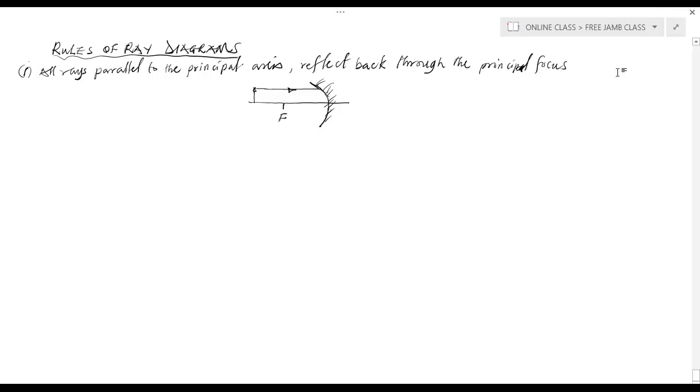So when the ray is drawn, that's the first thing. A ray must be drawn parallel from the object. Then you draw it back through the principal focus. That's the first thing to be done. Second thing,